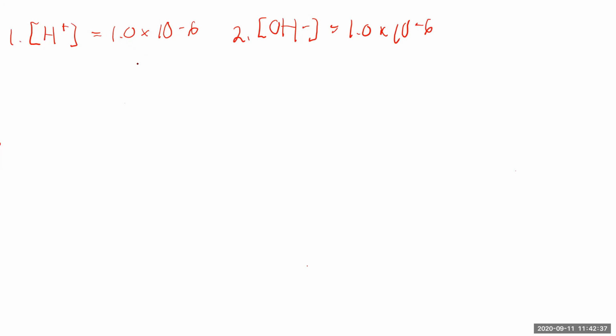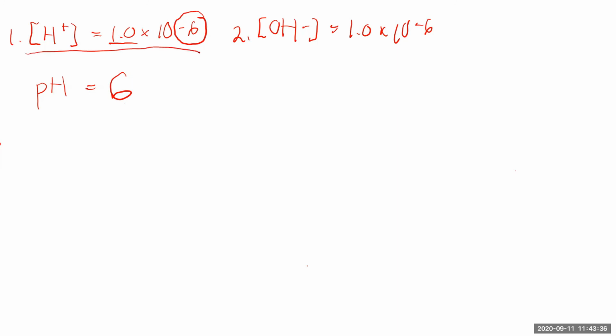Now to solve this, since the given is already the hydroxide ion, all we have to do is take the negative logarithm of the hydroxide ion. The coefficient is already 1. Automatically, the exponent, which is this -6, will be the pH. But of course, we need to change it to positive, because it's negative logarithm. So we have 6 as the pH level of